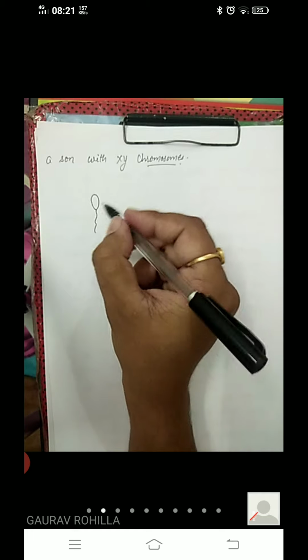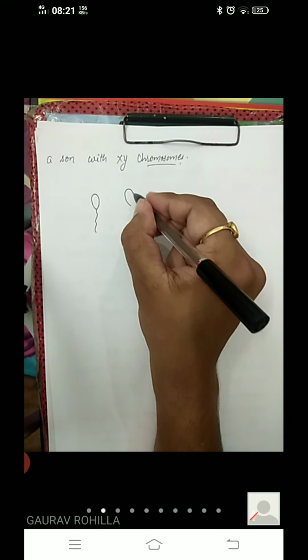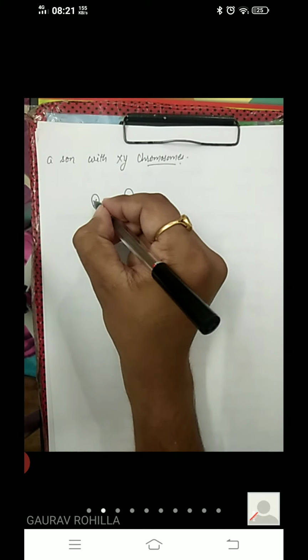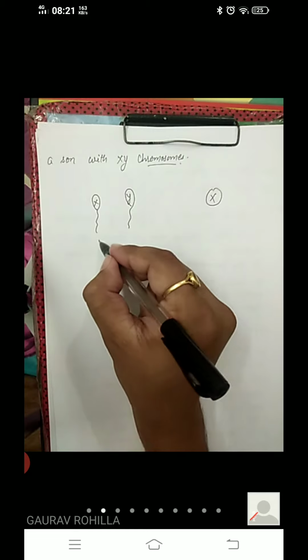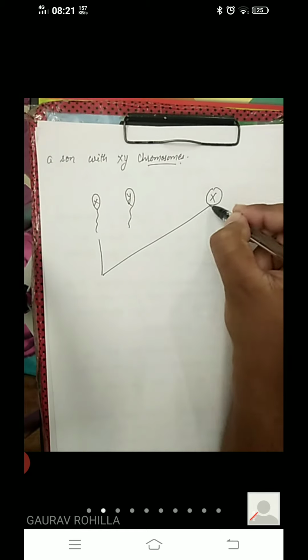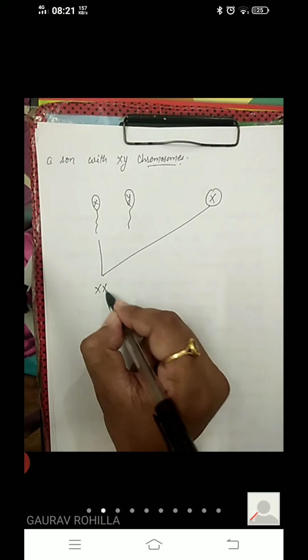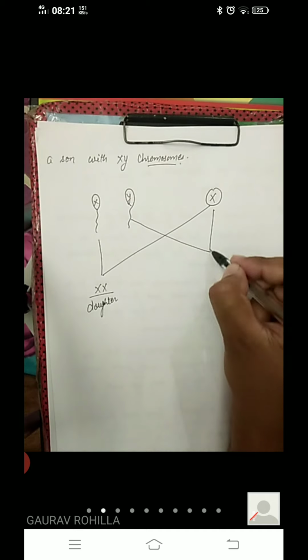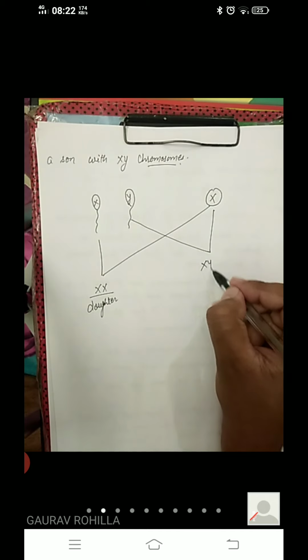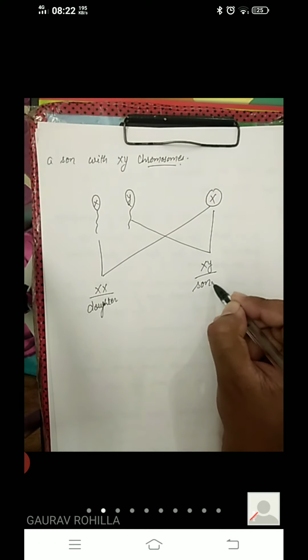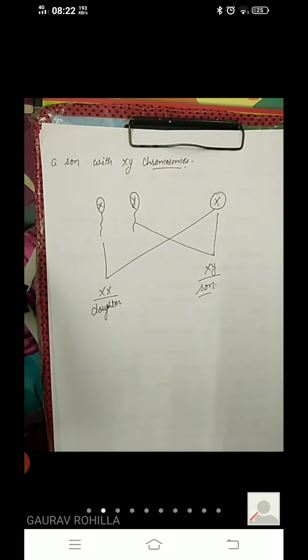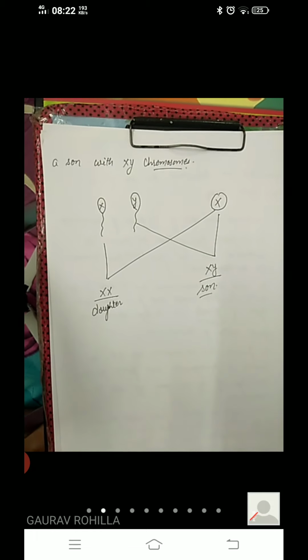Here we draw a diagram of a sperm with the X and a Y, and there is an egg with X. If these two fused, then the progeny will be XX, a daughter, and if these two fused, then the progeny will be XY, a son. Remember here one thing, the character which